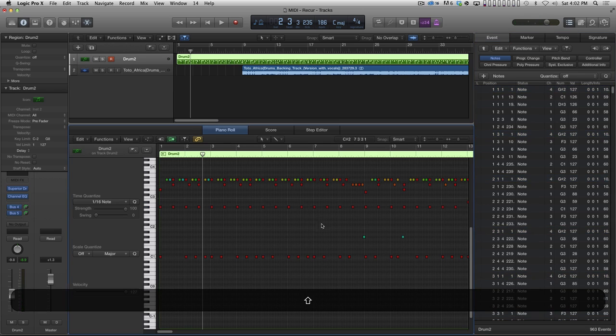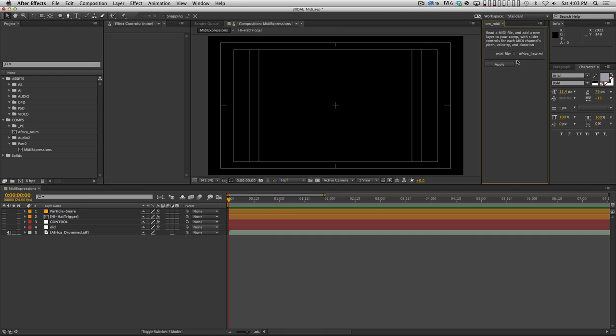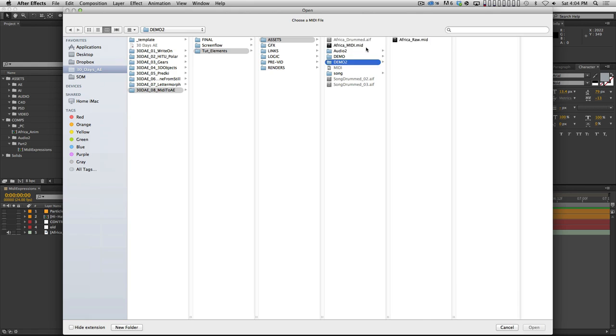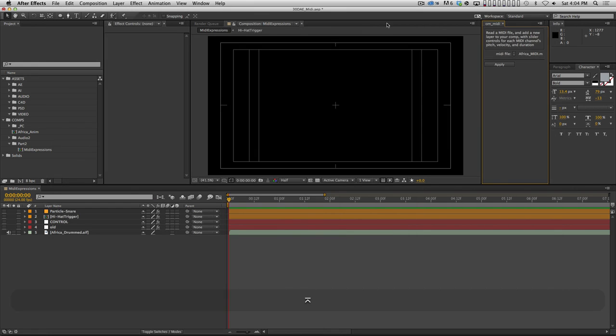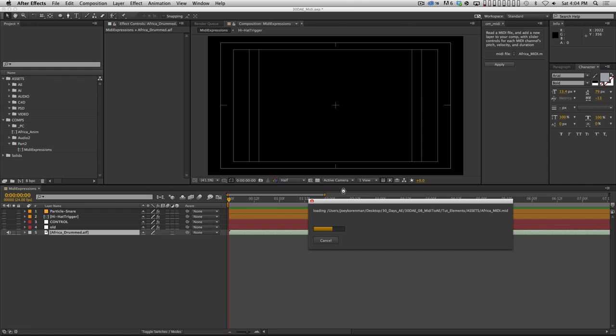There you go. All right, so once that's done, then you can export that MIDI, and when it comes into After Effects, it's gonna be much more useful. So let's hop back in there. All right, so let's import that MIDI. And I had already imported this previously. All right, so let me make sure that I've got something in this sequence selected, hit apply, and it's